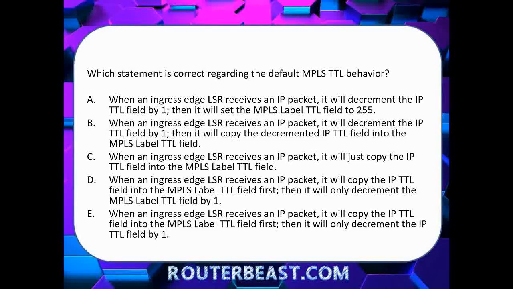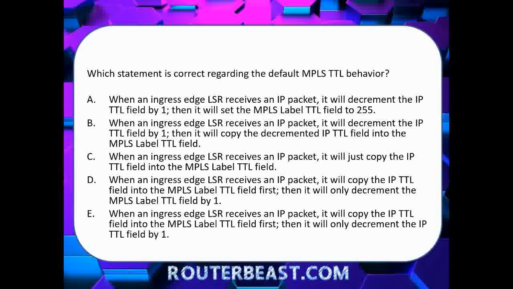E: when an ingress edge LSR receives an IP packet, it will copy the TTL, and then it will only decrement the IP TTL field by 1. Once again, I wouldn't throw that out right away because you at least do decrement the IP TTL field. Now, the problem with D, the problem with E, and the problem with C is that